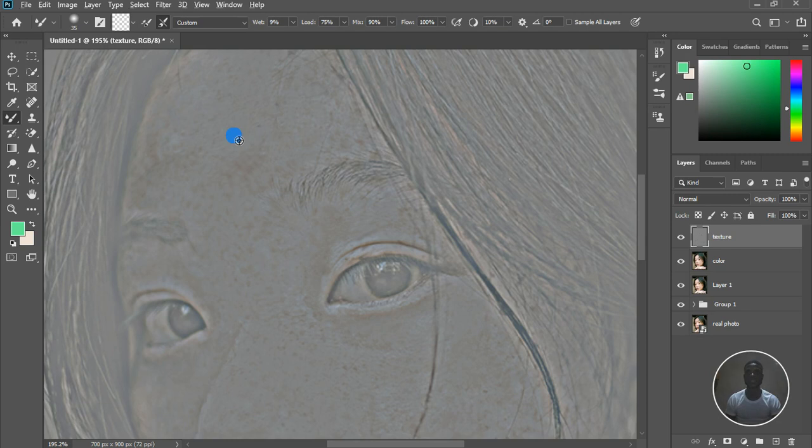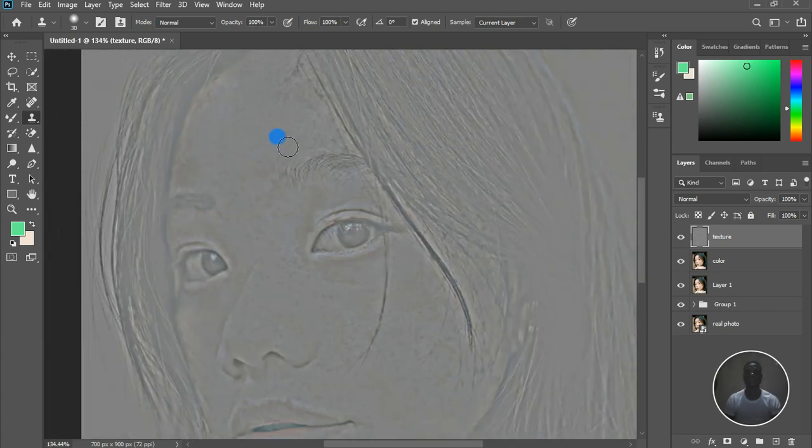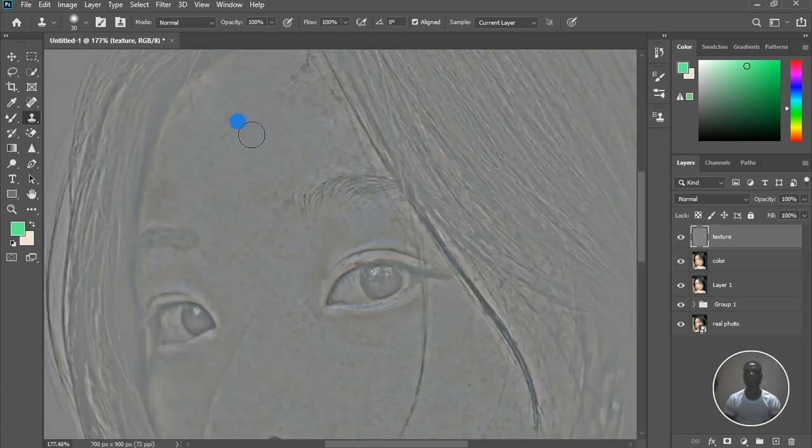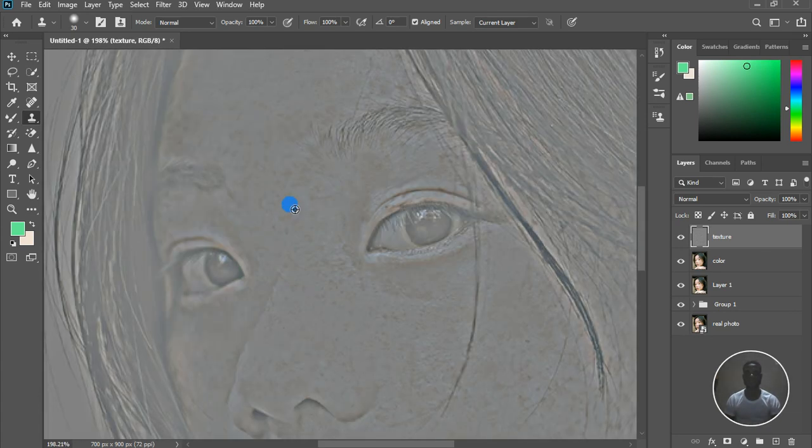So I'm going to sample this side and then sample with the clone stamp to increase, and then I'm going to just tap just a little bit. Some places we don't like to remove. Create a uniform skin tone, skin texture, I mean to say. Decrease the size of the brush, Alt, and then click. Do it as many times as you can,